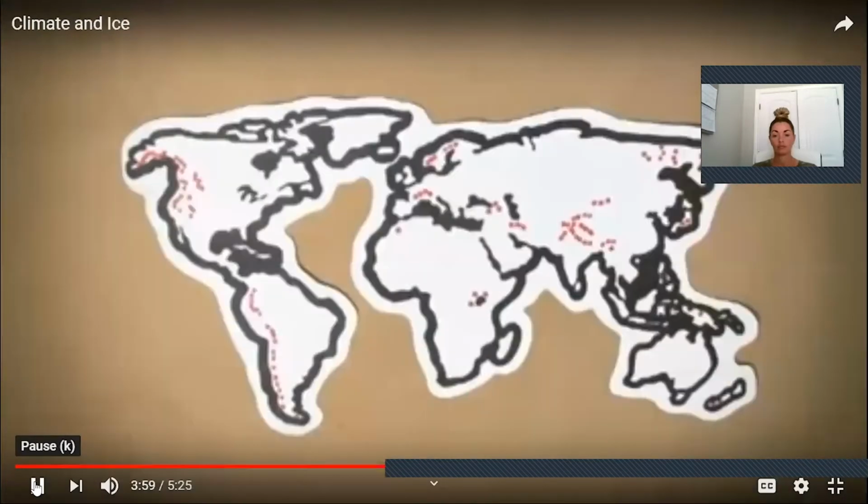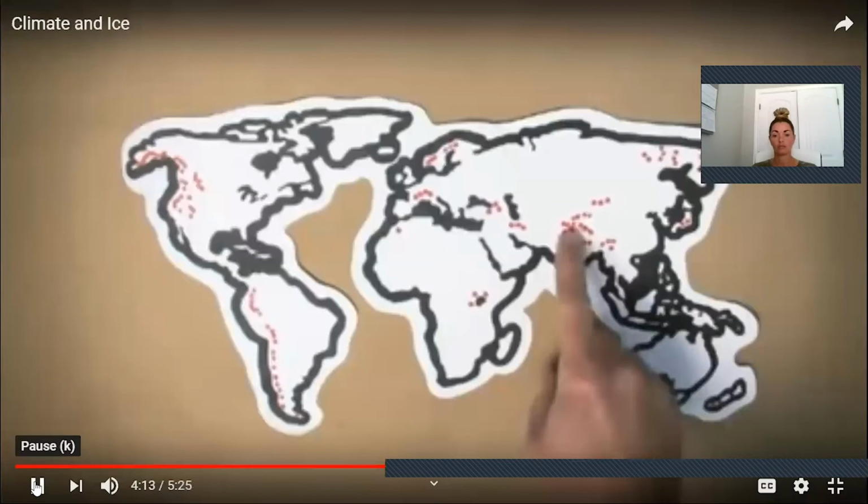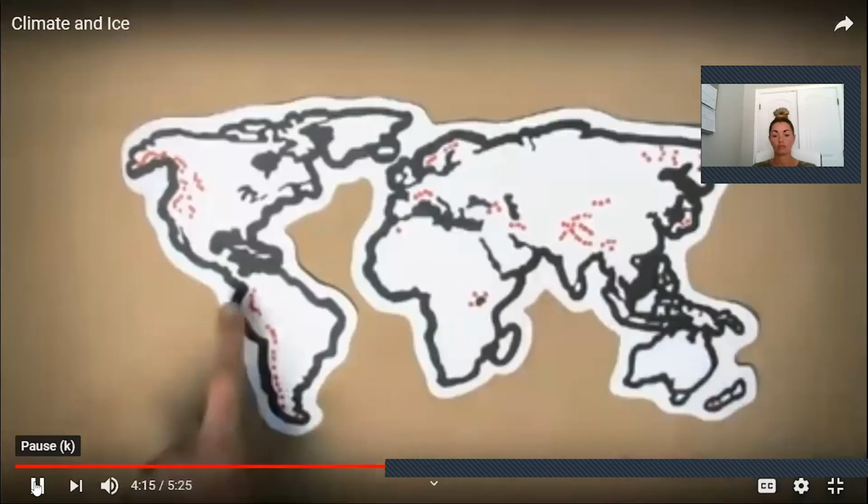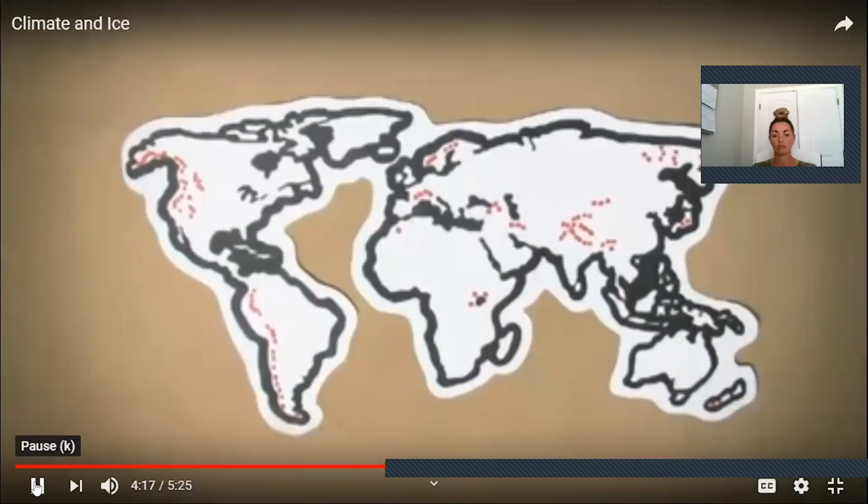Surprisingly enough, you can find glaciers all throughout the world. When people think of glaciers, they automatically think of the Arctic or the Antarctic, which is true, there are glaciers there. But people don't normally think that the tropics are areas that are going to have glaciers, but in fact they do. India in the Himalayas, in South America, and there are even glaciers on Africa, like Mount Kilimanjaro. You just have to go high enough up into the mountains where the snow is actually going to fall and